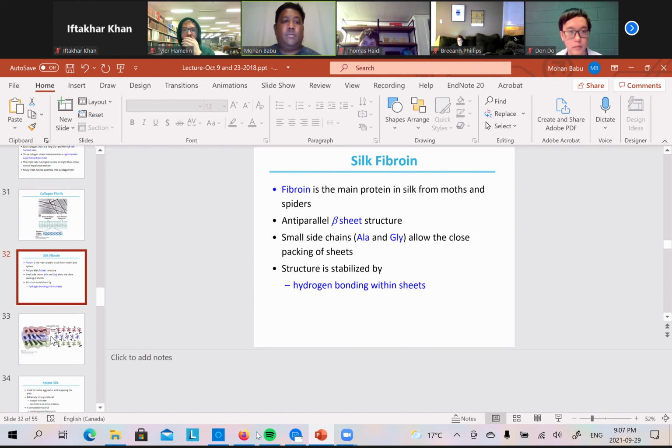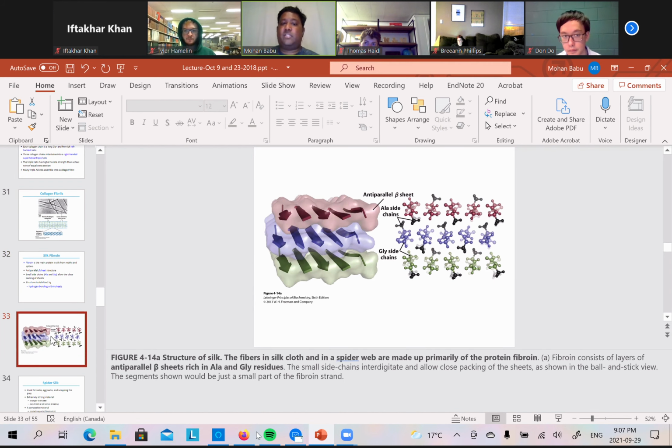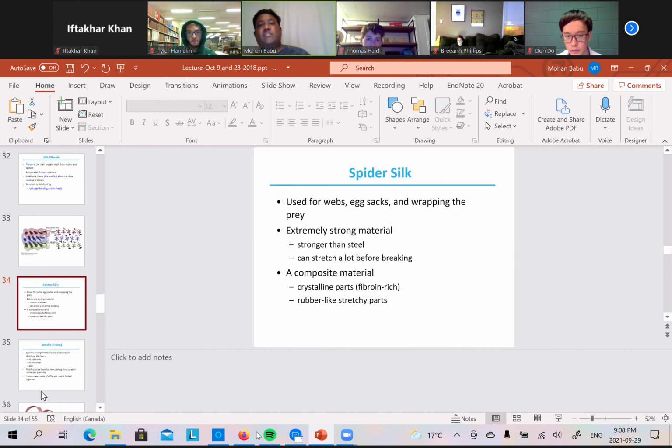Okay, and here is the structure of the silk. And this is the protein fibroin, how they are arranged. You can see there are anti-parallel beta sheets, and they are rich in alanine and glycine residues. Okay, and they are very closely packed. And this is an example of a ball and stick view of the structure of the silk or the fibroin. Okay. So spider silk is another example,